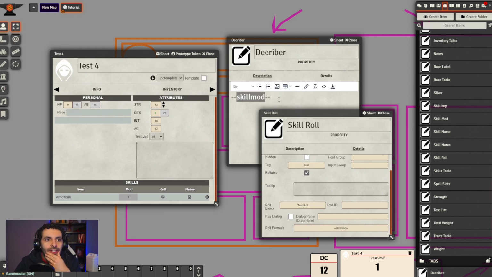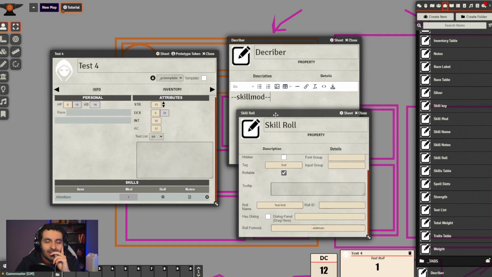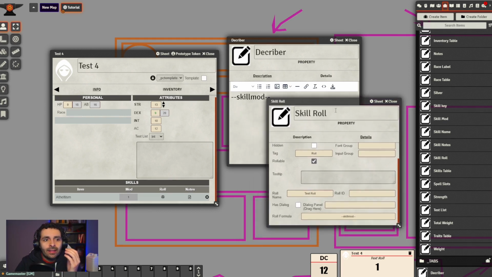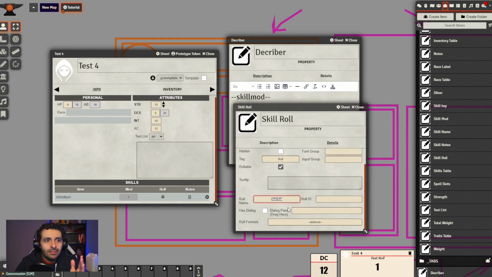What else? And to finish this, something very basic that is normally asked a lot. How can I explain this? Let me see. So this is very basic, but if we have a CItem like athleticism on skill role,